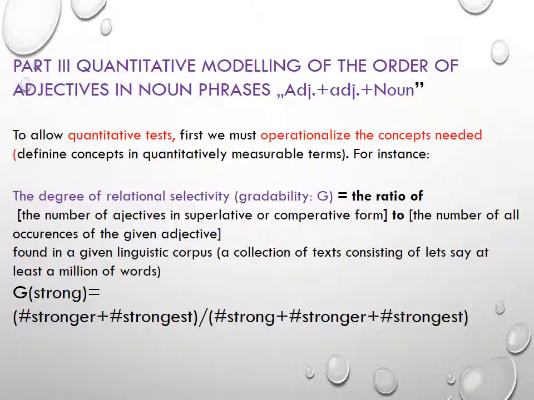Similarly, for a more rigorous model of the order of adjectives in noun phrases, we may try to model formally the process of attesting the category membership when classifying adjectives into typically descriptive ones, typically relationally selective ones, and typically directly selective ones. In other words, for an objective account of the order of the adjectives in noun phrases, we must come up with some objective, quantitatively measurable way of categorizing these concepts.